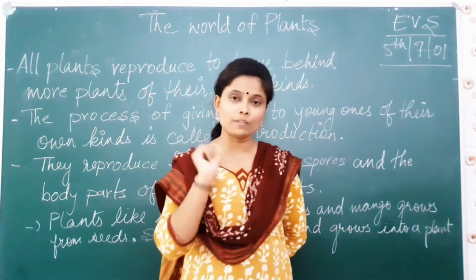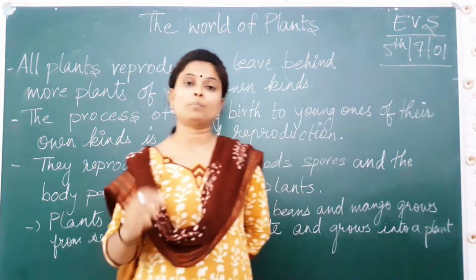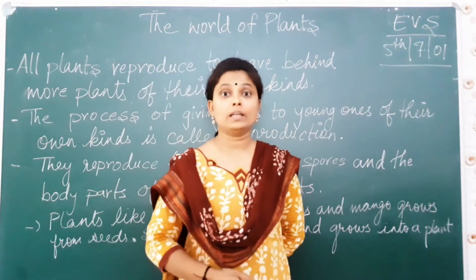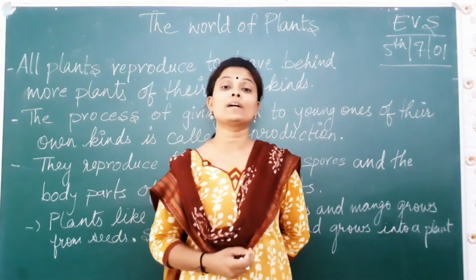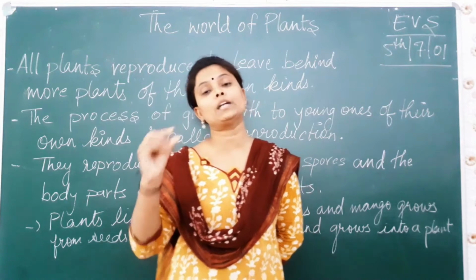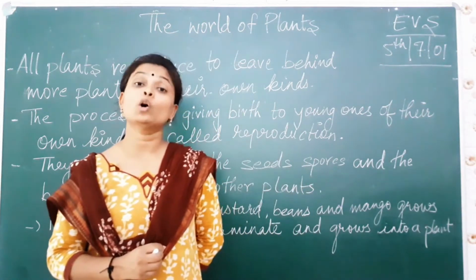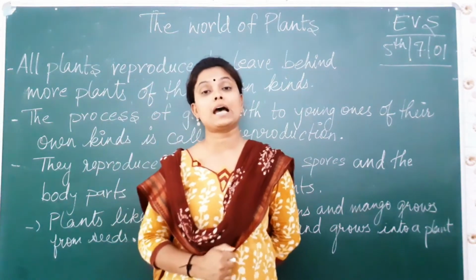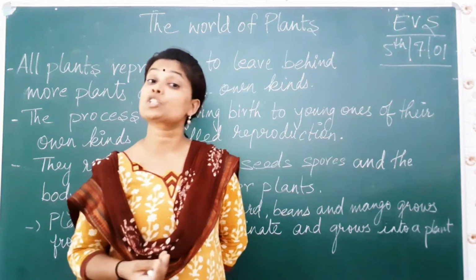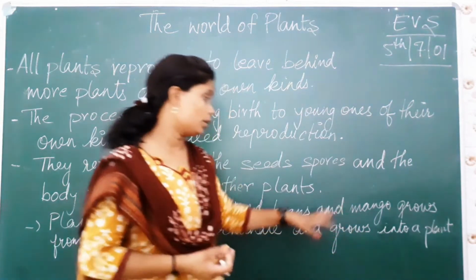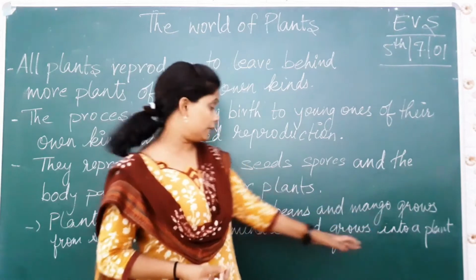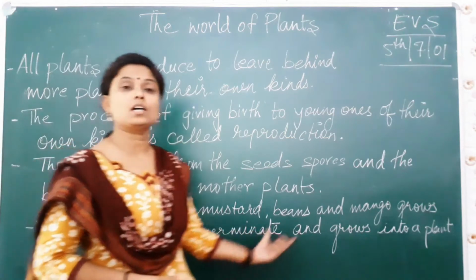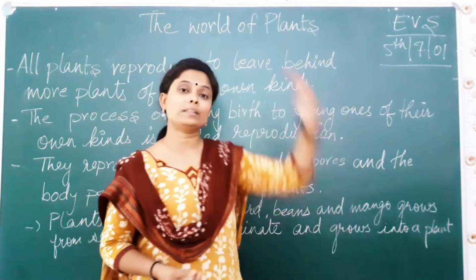We sow the seed over there, and after that, at a particular period of time, we water it, we plow it, and finally what will grow over there? A small plant will germinate. Slowly, gradually it will increase its size and become a tree as per the requirement. Look, mango is a very big tree compared to all these. This you can say is a shrub. Their height is not that much.